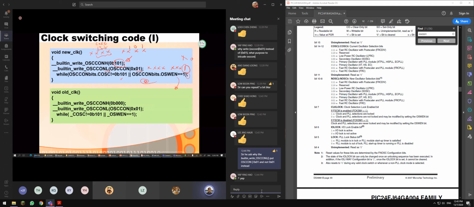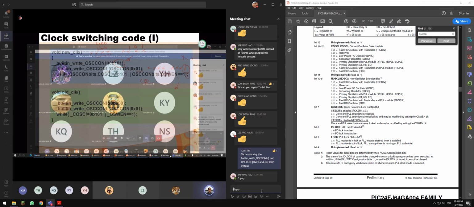So this means that the switching process is successfully done. Okay, so this is very useful. Okay, so is it clear